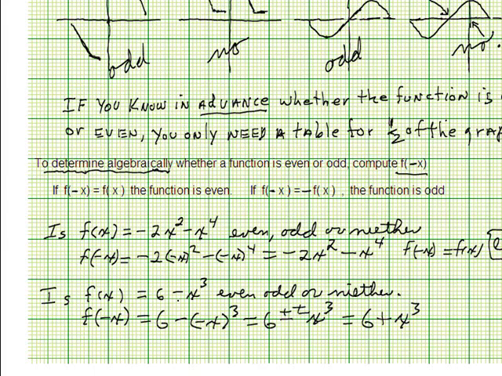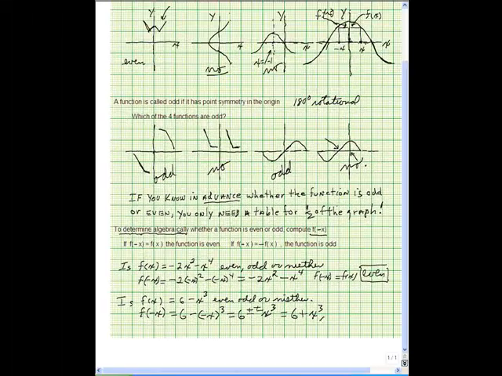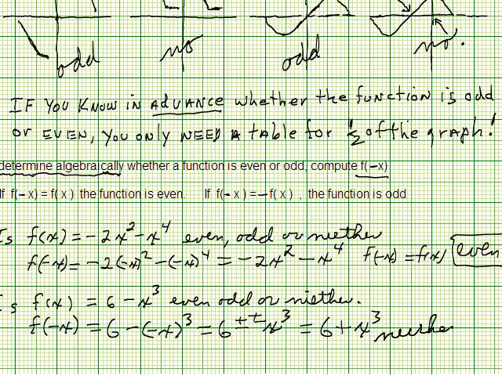Well, that's not exactly what I started with. I started with 6 minus x cubed, so this is not even. And in order for it to be odd, I have to change every sign of every term. I did change the sign of the second term. The second term was negative, now it's positive. But the sign of the first term didn't change, so this is neither odd nor even,